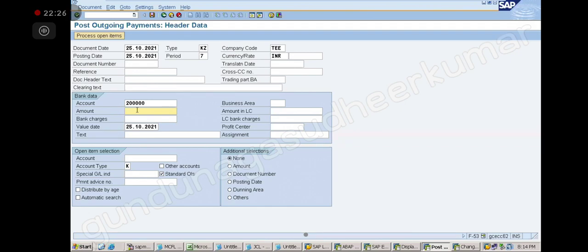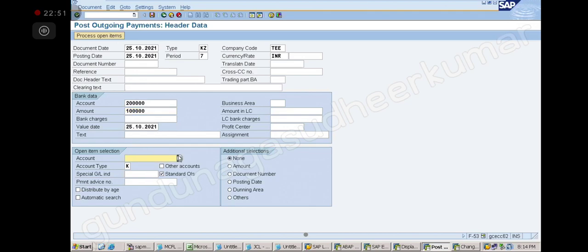So how much should we pay? Are we paying before 10 days or after 10 days? You will pay before 10 days, and you will not pay full money, but with discount. So how much do we have to pay? 97,000. The system is very smart here. Suppose I am a bad accountant and I have given 1 lakh here. You see what the system will do.